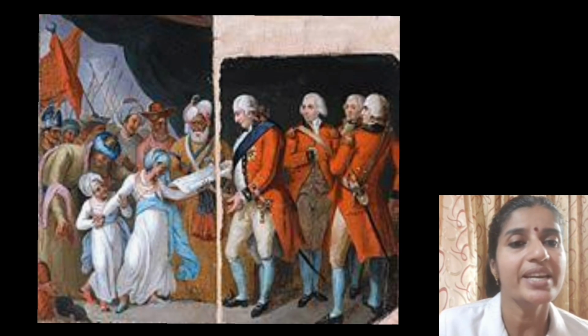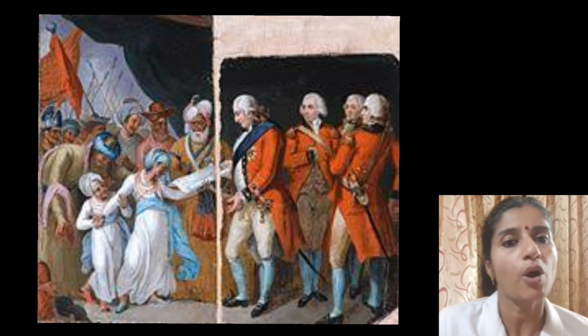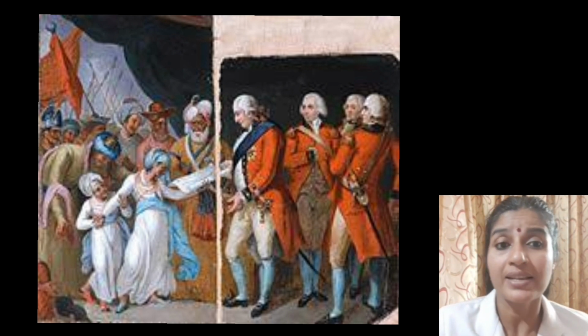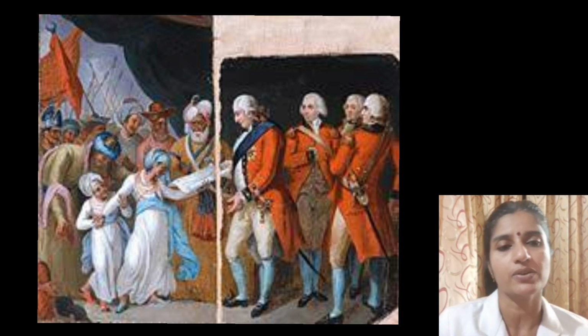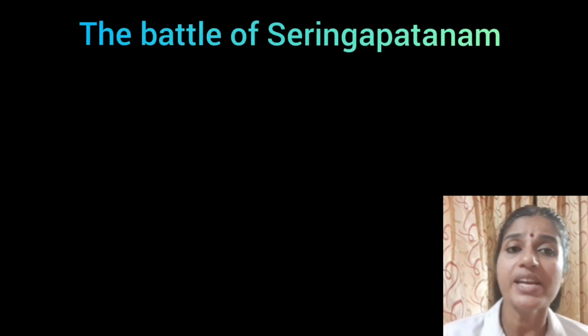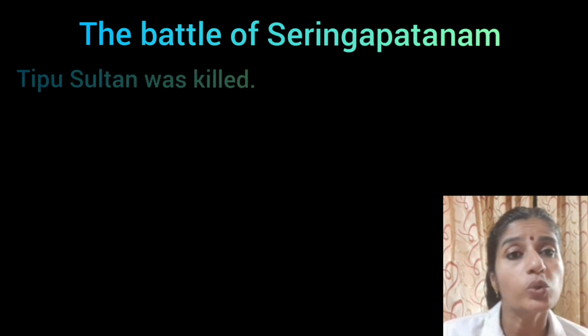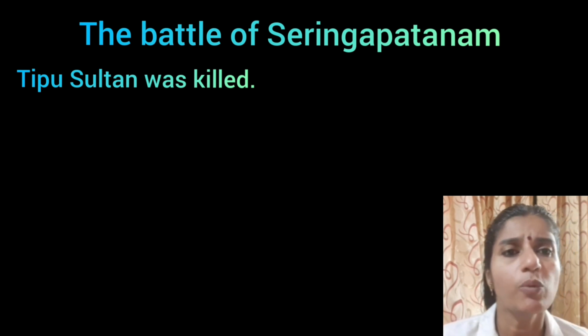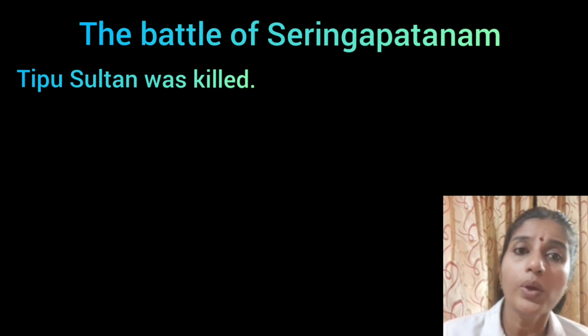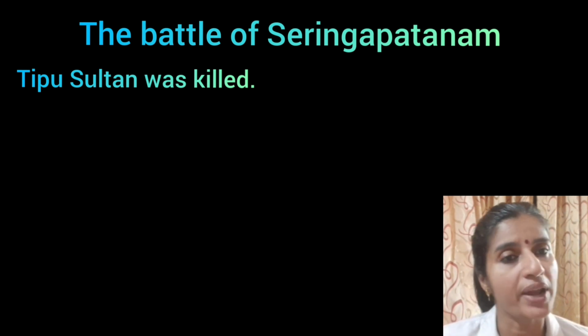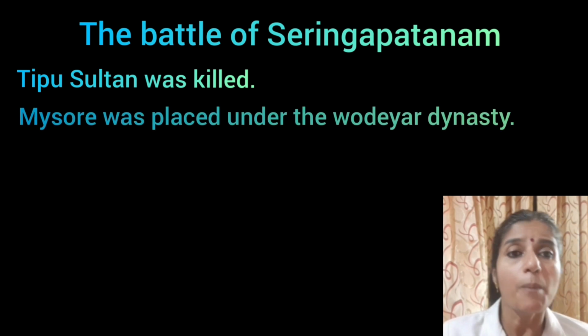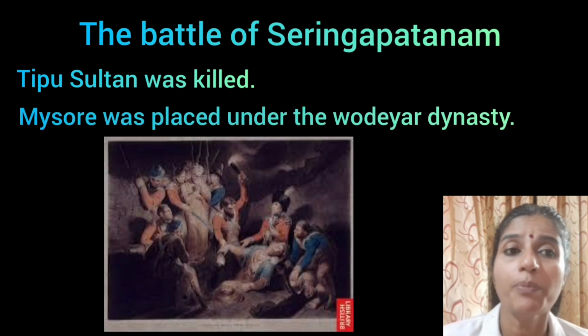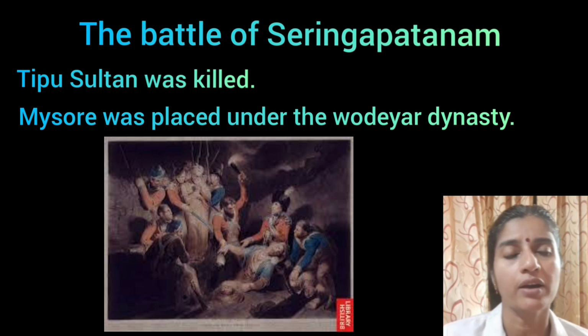Finally, in 1792, 2 children of Tipu Sultan were taken as hostage by the Britishers. And in 1799, in the Battle of Seringapatam, Tipu Sultan lost his life. He was killed by the British officials when he was fighting in the battle. With this, the Tiger of Mysore fell down. After his death, Mysore was placed under the former ruling dynasty of the Wodeyar and subsidiary alliance was imposed on